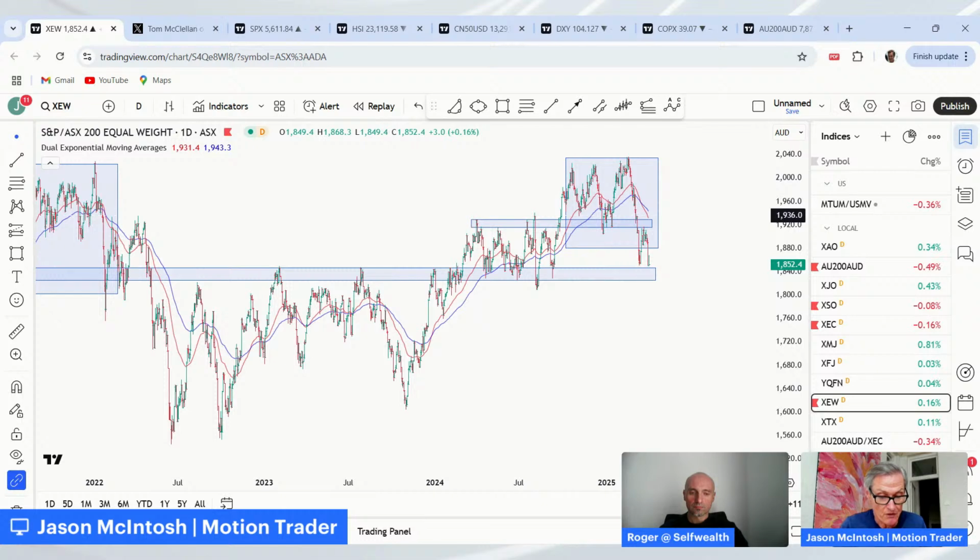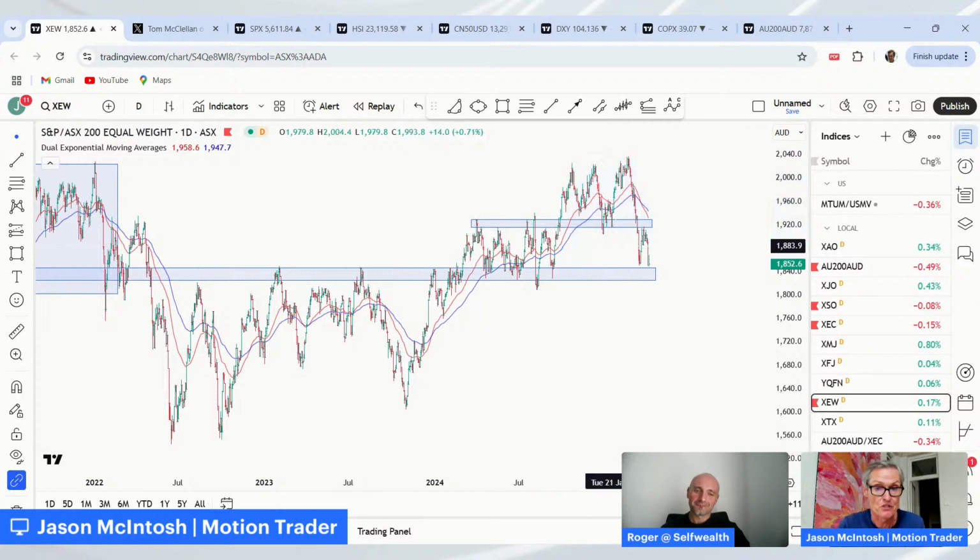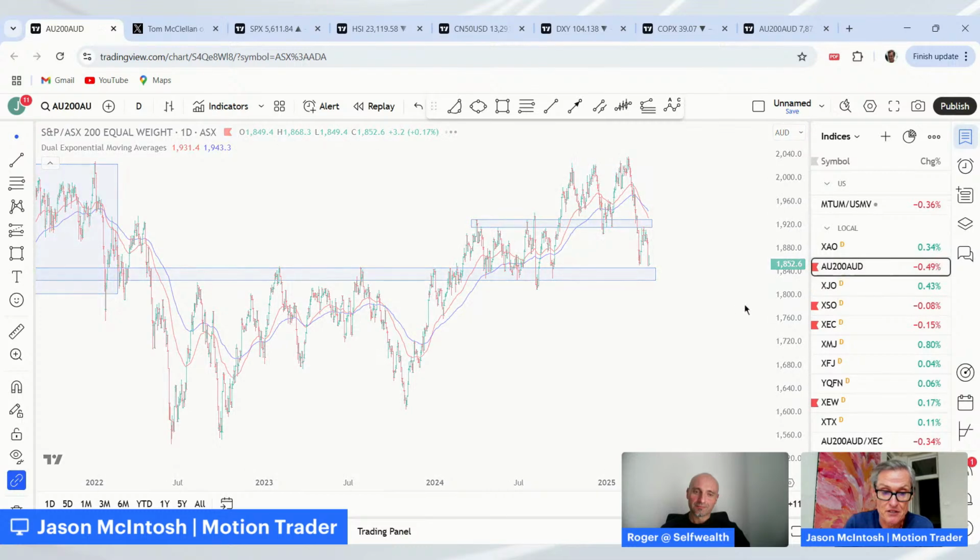But I think we need to appreciate that there is vulnerability to this current structure, and then we just need to plan accordingly. So I don't think this is a time for excessive risk taking or letting losing trades get away from you. If the stock's not working, I just want to get it out of my portfolio. I don't want to be holding on to stocks that are declining, particularly in this type of environment. So just coming back to the ASX 200.